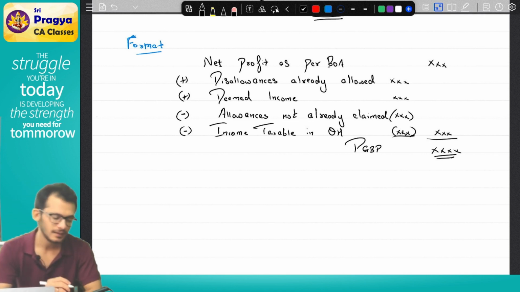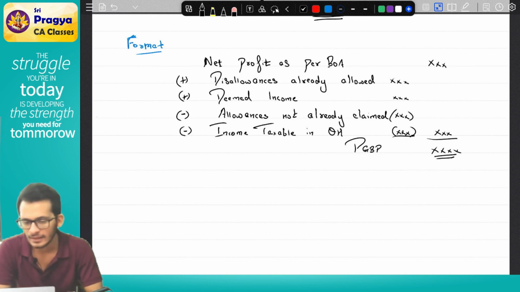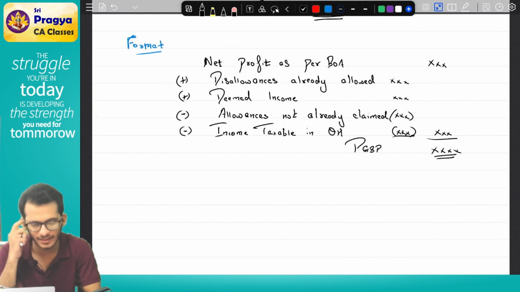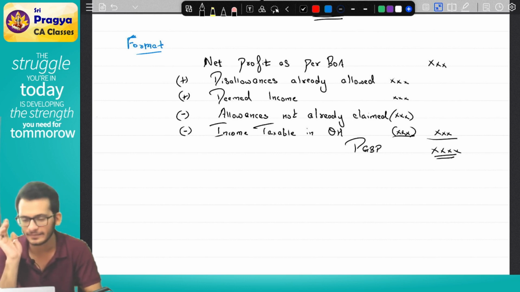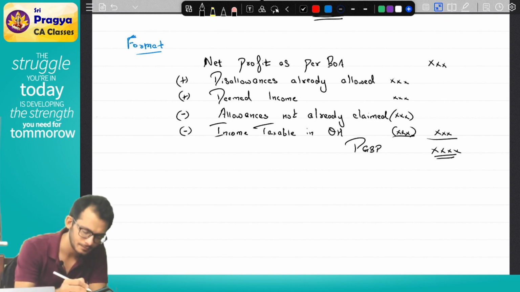Yes or no? Yes. A very simple straight cut format. Nothing complex about it. The challenge lies in each item itself. So this is a very cut to cut format. The challenge will lie in the same items. Okay. Now, if I have to put some wordings around it,